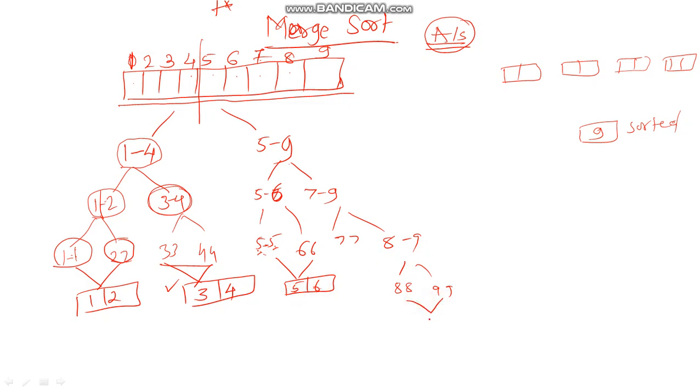Similarly 8 9 can be sorted, and this 8 9 can now be combined with 7 to get 7 8 9. Further, 1 2 can be combined with 3 4 to get 1 2 3 4. These are the indices, so the values here can be different. The smallest one among 1 and 3 will come at the first index. If 3 is smallest in the first case, then the smallest among 1 and 4 will come at the second index. If 1 is smaller, then the smallest among 2 and 4 will come at the third index, and the remaining will come at the fourth index, and it continues till we combine all the elements.